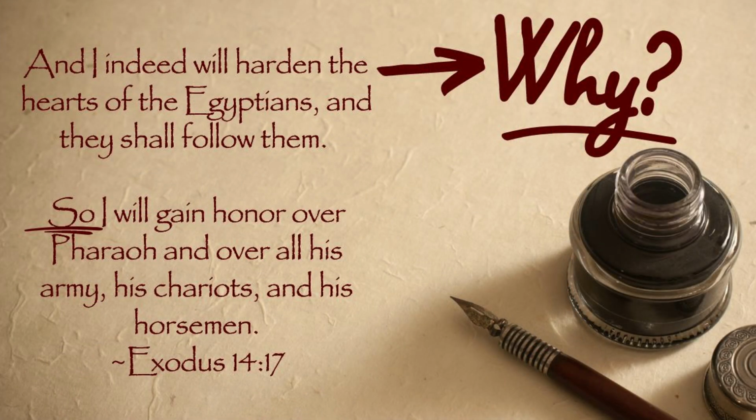The next category are terms of purpose or results. So these would be words like so that, so, in order that, and these actually give a reason why or a purpose or a result that is going to happen. So the passage that I want to cover today for this is Exodus 14:17. And for a little context, this is when God was bringing the Israelites through the Red Sea and he had the Egyptians follow. So it starts in verse 17, and I will indeed harden the hearts of the Egyptians, and